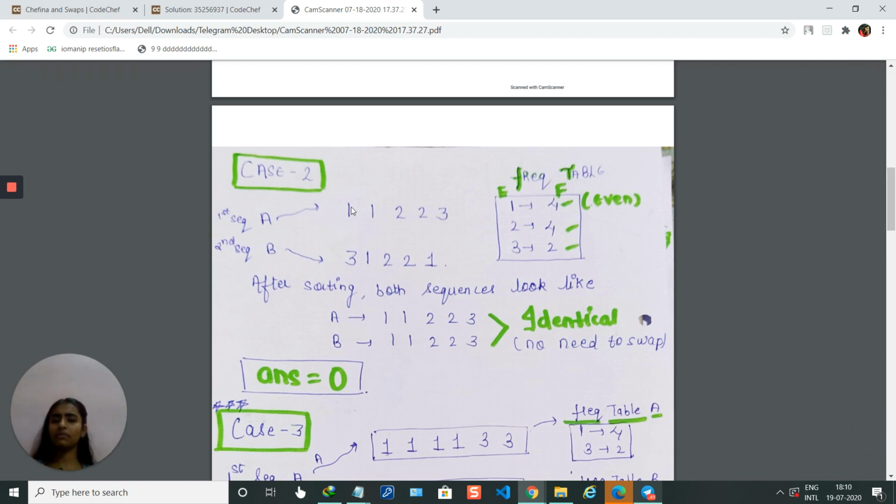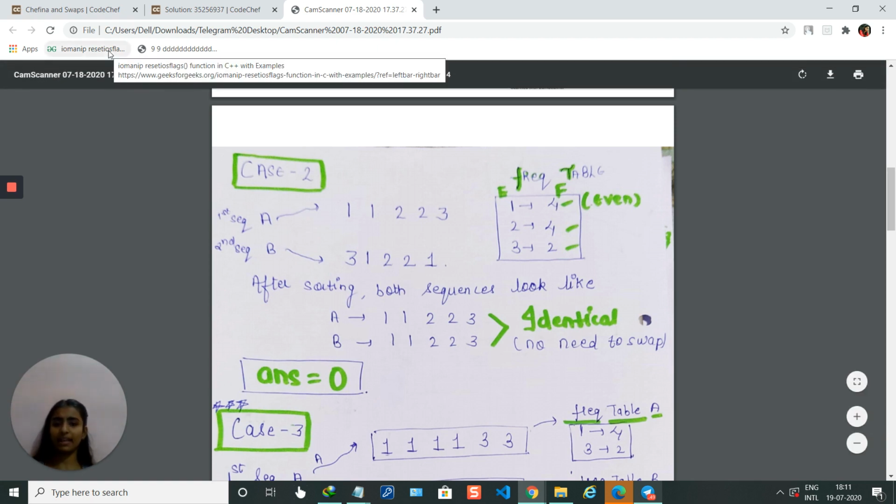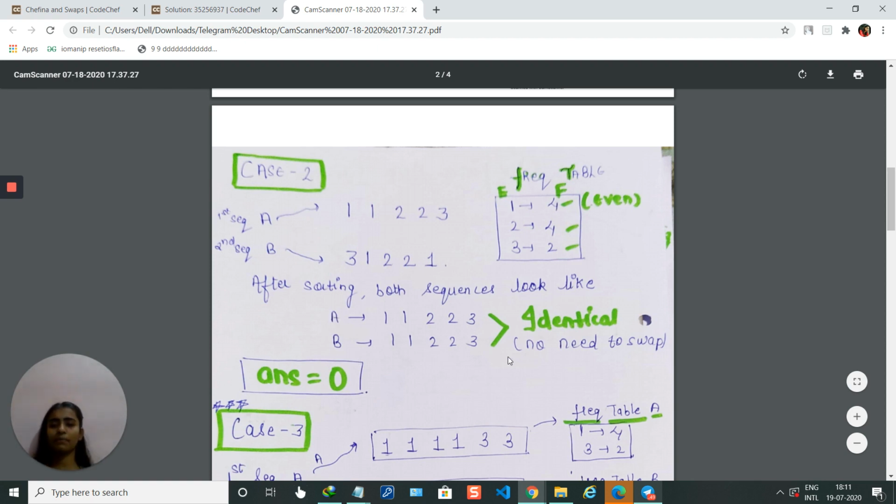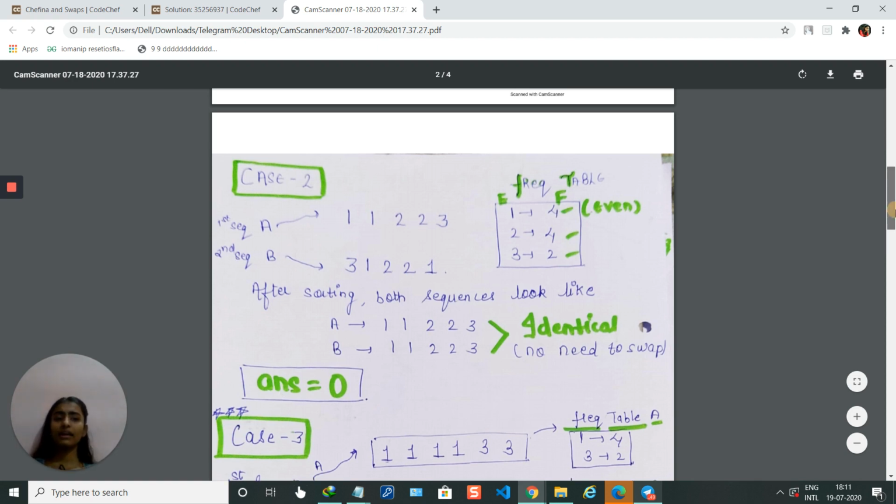We can't check that directly, as we don't know how huge the number of elements can be, so I have sorted both the sequences. After sorting, the ith element of the first sequence will be equal to the ith element of the second sequence, as the question also says. If sequence 1 equals sequence 2, it is identical, so there is no need to swap. In that case we print answer equal to 0. Now case 3.